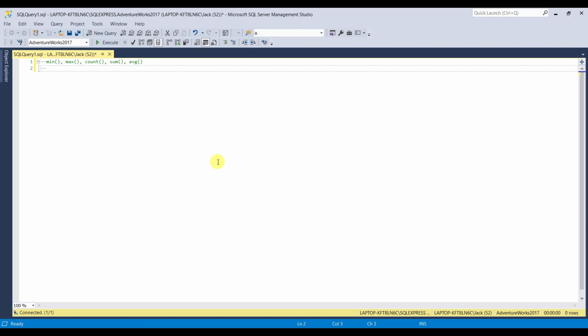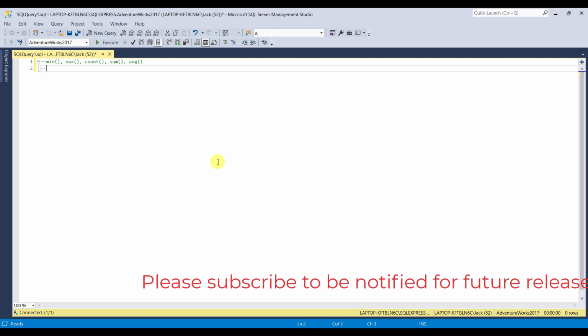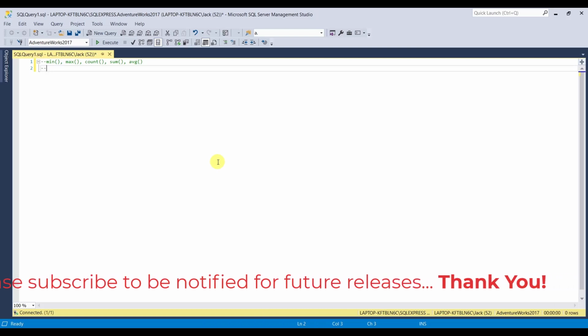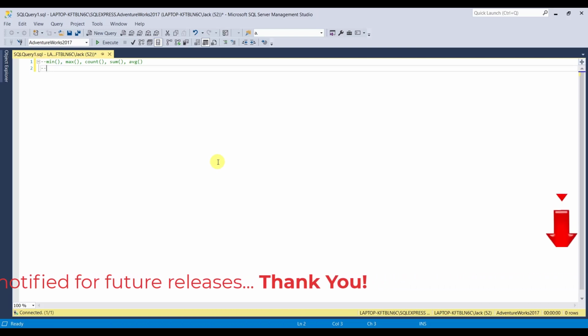In order to use these functions, many times, not always, but 95% of the time, you will have to use the group by clause in your SQL statement. And also the group by,